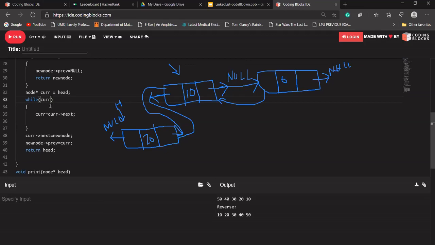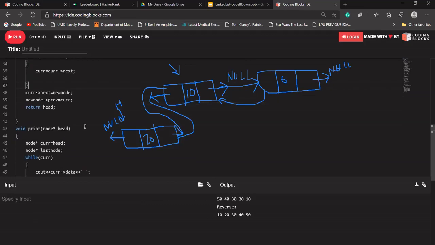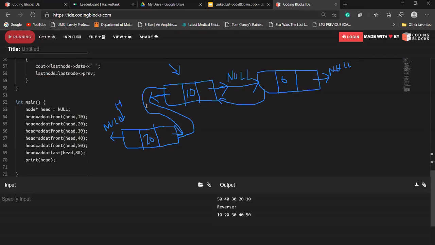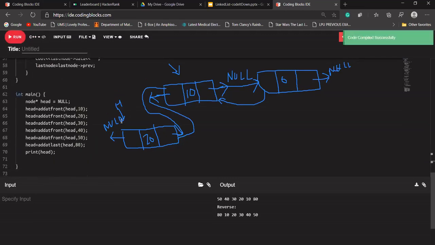So it will be current's next. While current's next is not null, that is, if current's next is null, it means we have reached our last node.